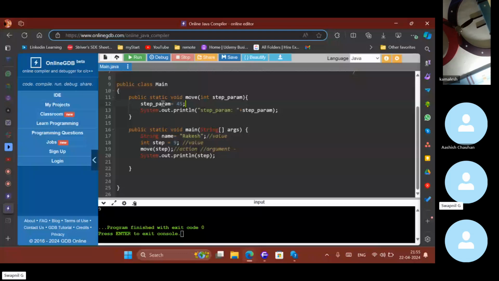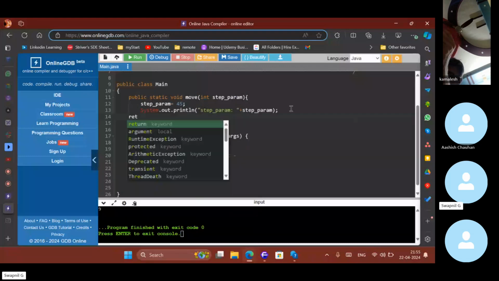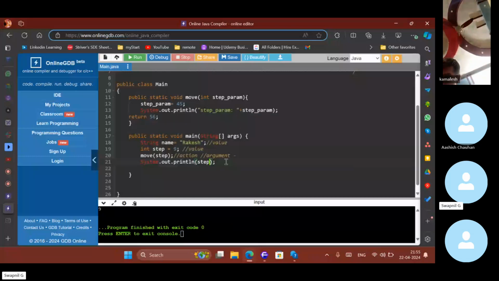Okay, is this part clear? The value in a function depends on two things: one is that block, and one is this argument and parameter. And there was one more thing that we learned today. What was that? Return. And if I say return 56, and if I print,